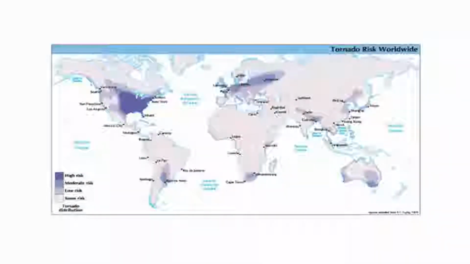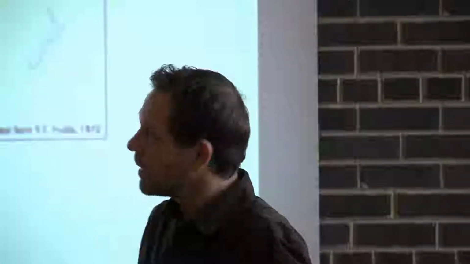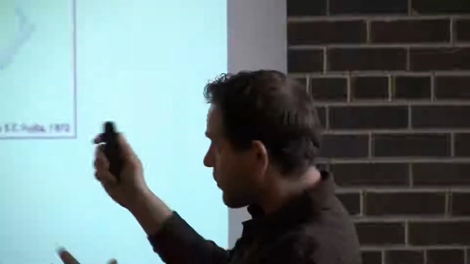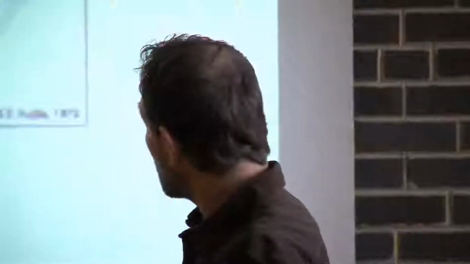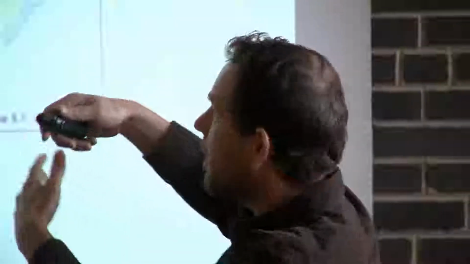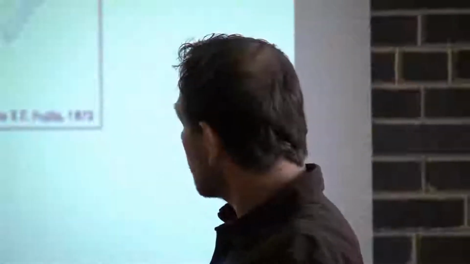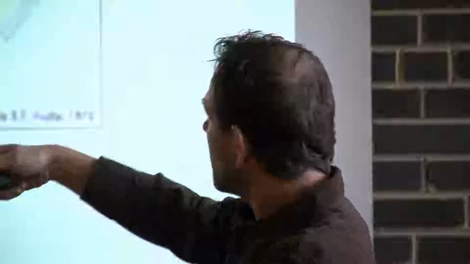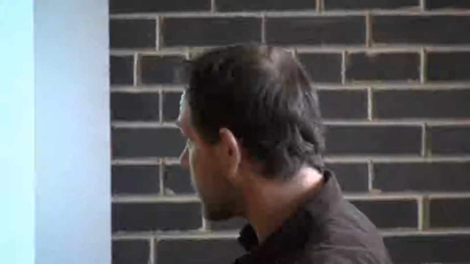And if they do, they're very rare and very low occurring, to the point where they don't even put a shading of color on this map to show that they have any kind of risk at all. But the only dark, high-risk area is in the United States, the eastern 2/3 of our country, and in southern parts of Canada as well. The other areas of the world that have moderate risks, the next darker shade of purple here, are parts of Europe and certain other parts of the world, but by far we have the most, and we also have the most destructive of the severe thunderstorms and severe weather and tornadoes, by far more than anyone else in the world as well.